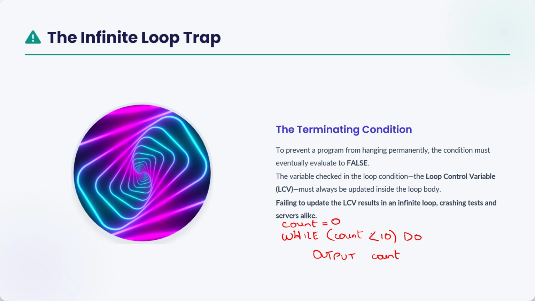If we would have missed out the increment, count is count plus 1, then what would have happened? Since the value of count is 0 and it is not changing inside the loop, and 0 is always less than 10, it is going to output count and show on the screen without getting terminated. It will go on showing a series of zeros on the screen,